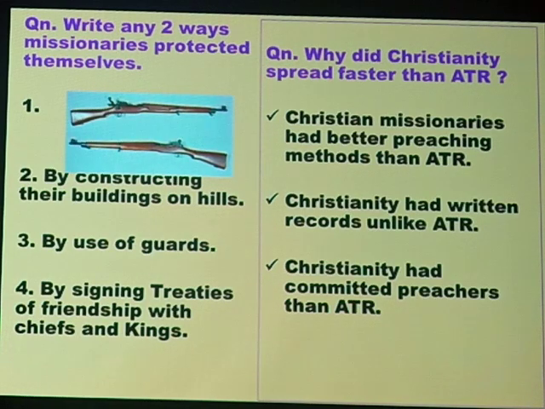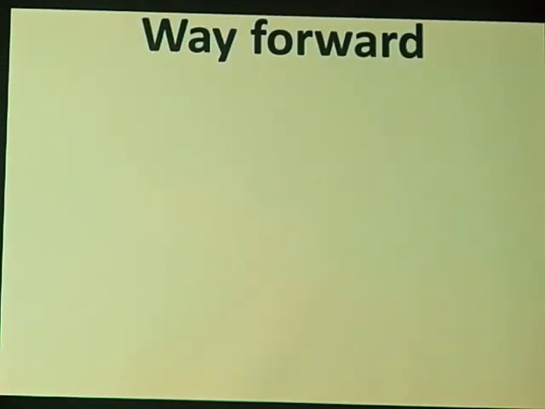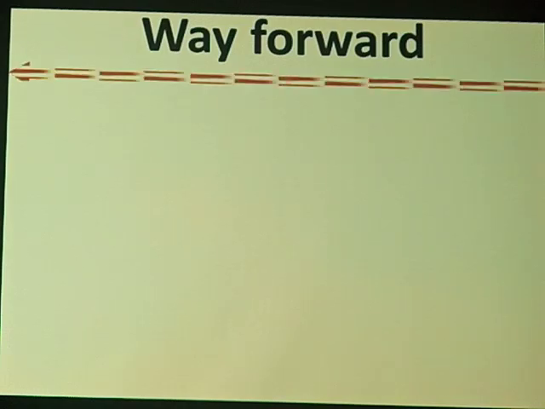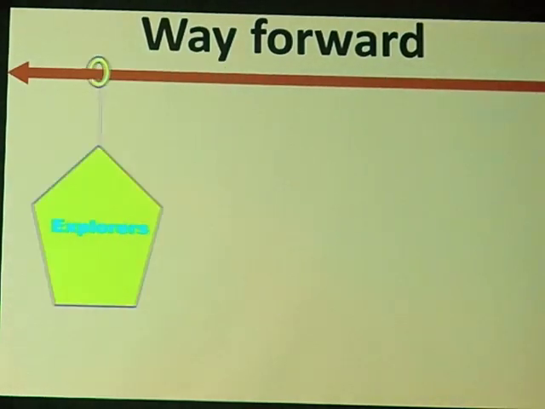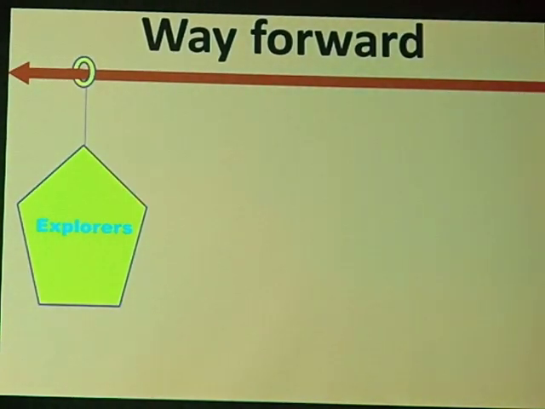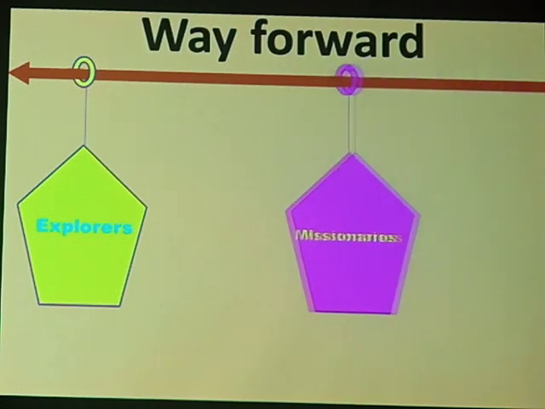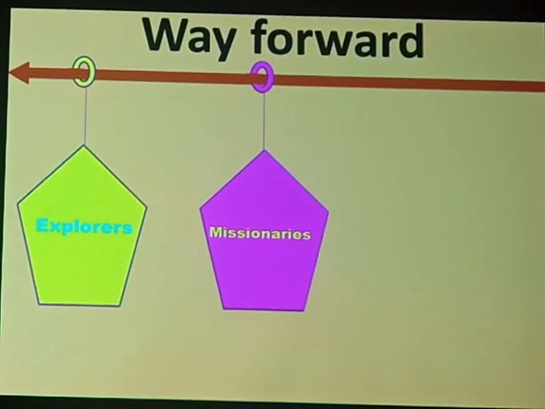Children, we want to go to our last aspect, and that is our way forward. Now that we have understood quite many things about missionaries, what's our way forward? Let's trace where we came from. We dealt with explorers, I hope you recall. You can even open your notes and see. We have also dealt with missionaries. What are we left with? What are we starting on the next lesson? What do we have for lesson 17? Lesson 17 shall have